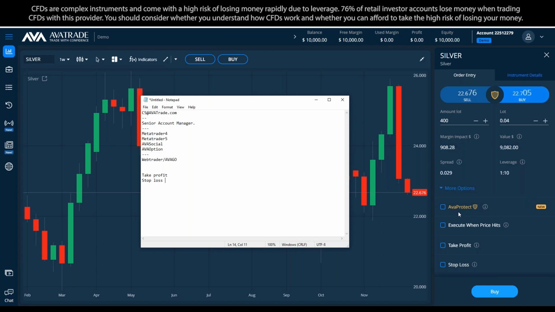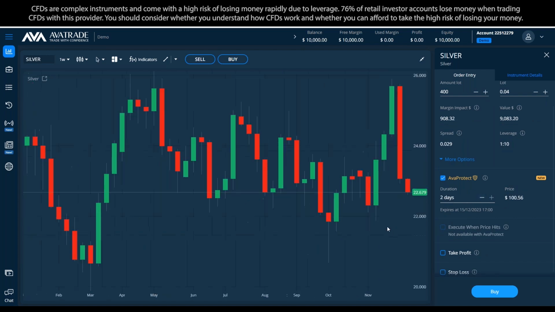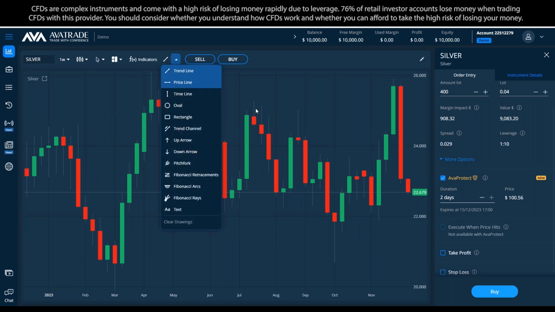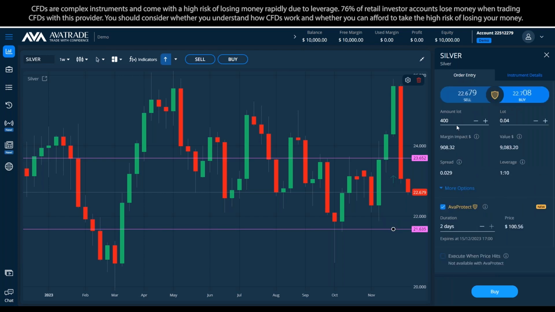It's called EVA Protect. The way that it works is it lets you protect the position for a certain time frame. If I hit the box, it's going to let me choose from 1 hour up to 2 days. You remember that I explained in the beginning that if I take something for a buy, my ambition is it will go higher. That means 22.6 to 23.6, or 22.6 to 21.6. Okay, that is an example. And in this scenario, let's suppose that I have just